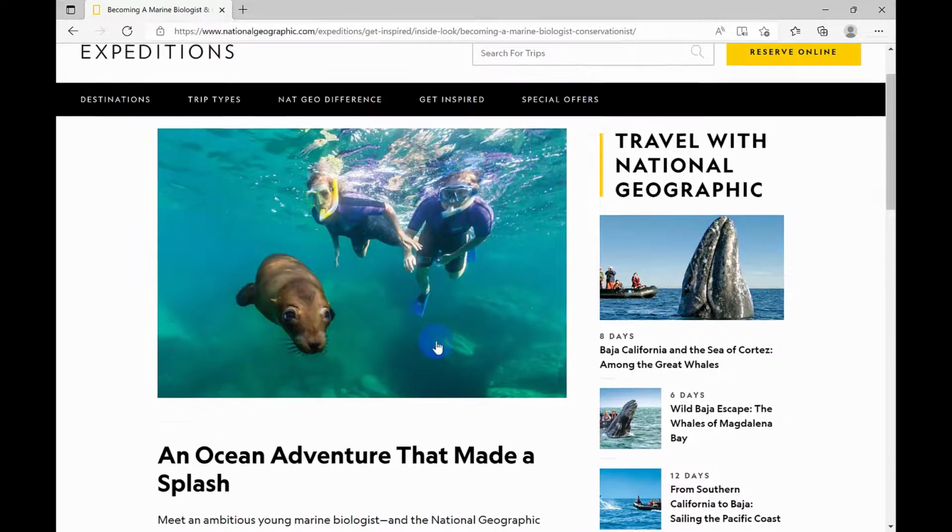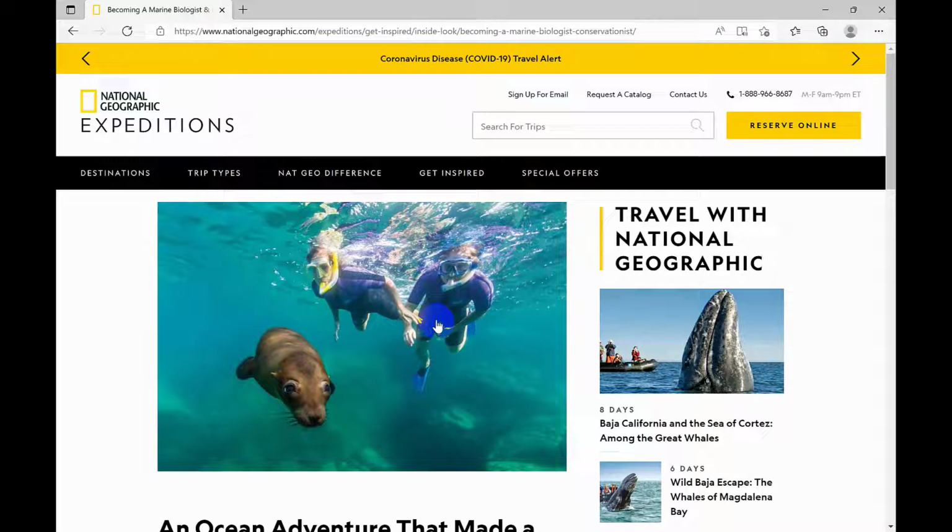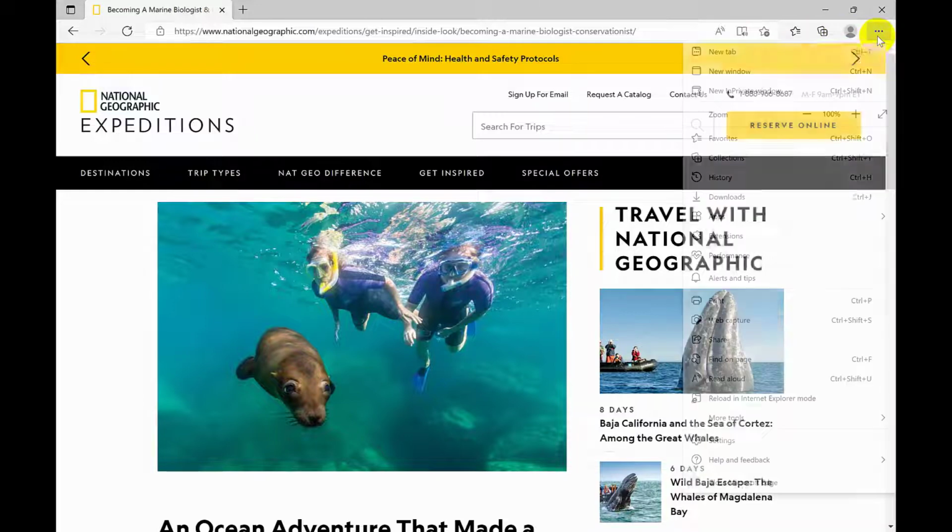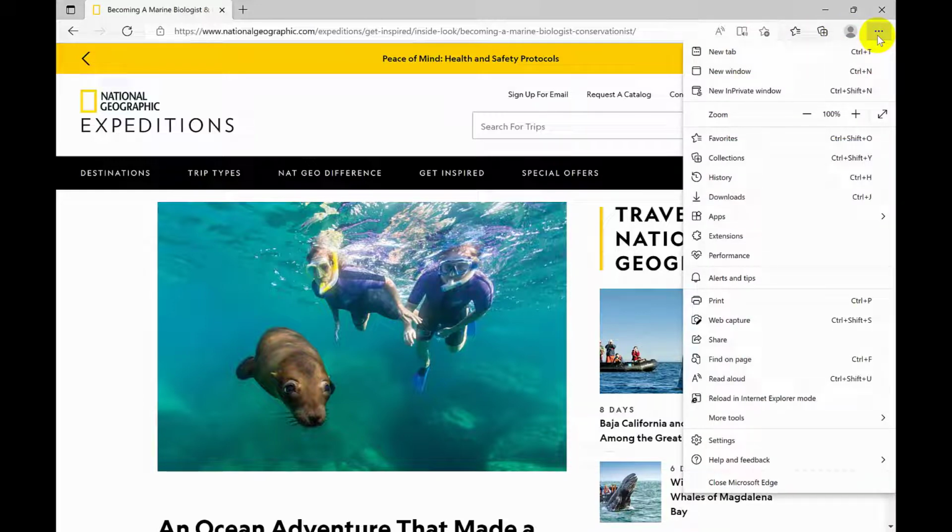and if I want to enter full screen mode, I need to go to this three dot menu. I need to click on this, and then here I can see new tab, new window, new InPrivate window, zoom, favorites, collections, history, downloads, apps, extensions, performance. Okay, there are many menu options, but we need to go to this zoom